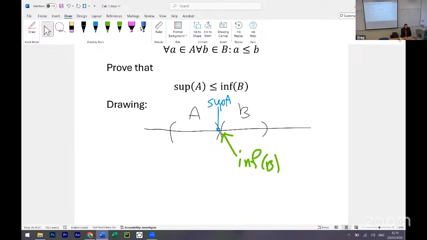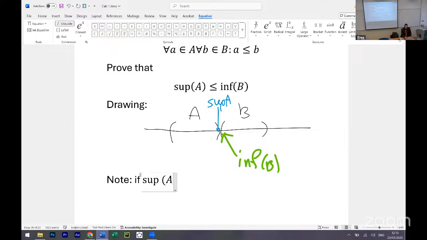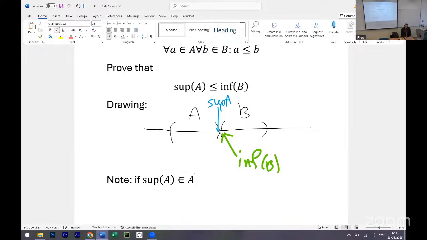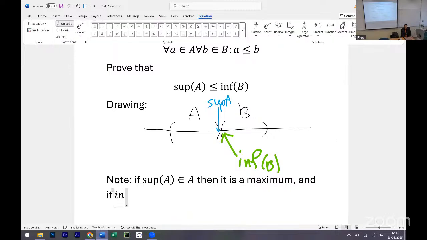So I wish to say that note: if the supremum of A is within A, what does it mean? Can someone tell me, if the supremum is a member of the set, what does it mean? It's a maximum. Then it is a maximum. And if inf B is the minimum,